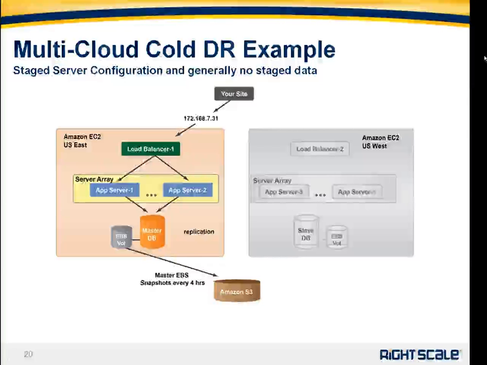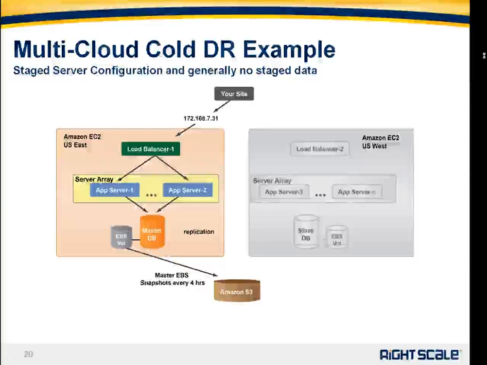So the cold DR example, again, you have the servers that are non-operational in the US West, and using the RightScale platform, you have the ability to clone essentially your entire deployment and put that deployment in a non-operational state in another region. And so in the event of a failure, if the US East was to go down, you would need to get that data from Amazon S3 into this other region. And again, granted, there's some challenges there, but the point is you need to get your slave database up and running, operational, promote it to master, and once that's done, you can then go ahead and launch the other servers within that region. So you're able to get up and running. It does take some time, obviously depending primarily on the size of your database and how long it takes to get that to an operational state.